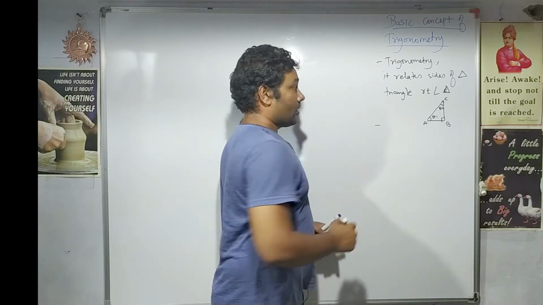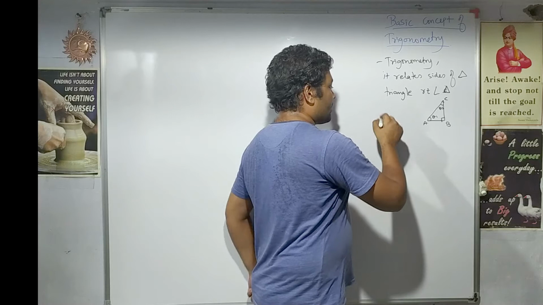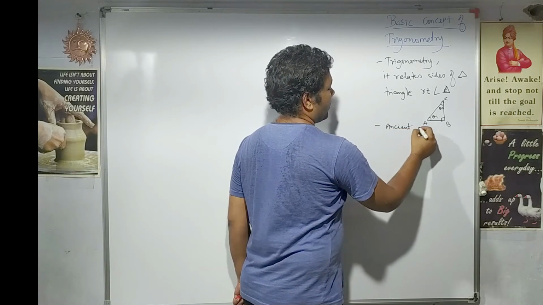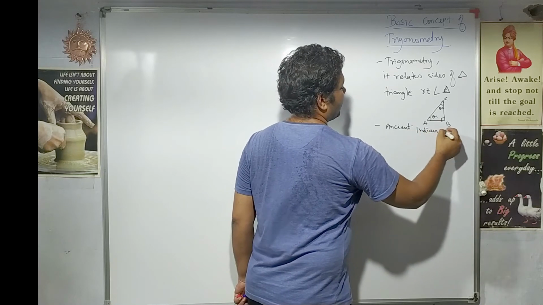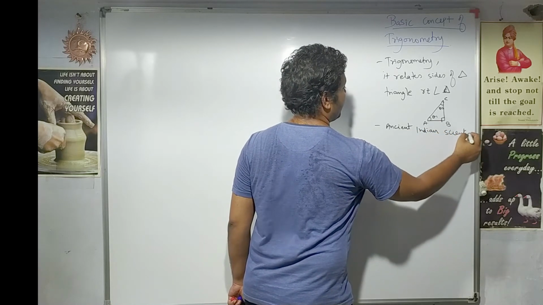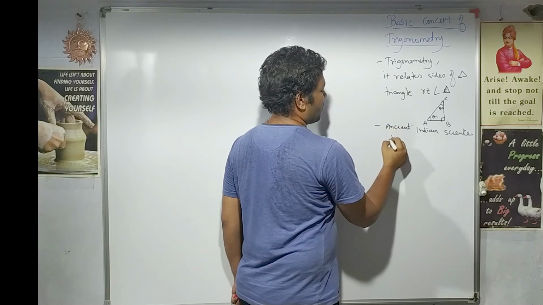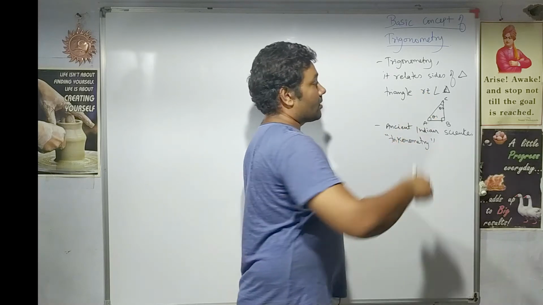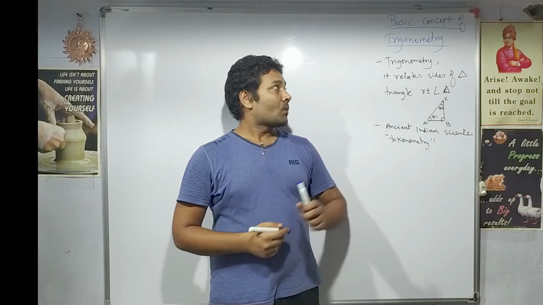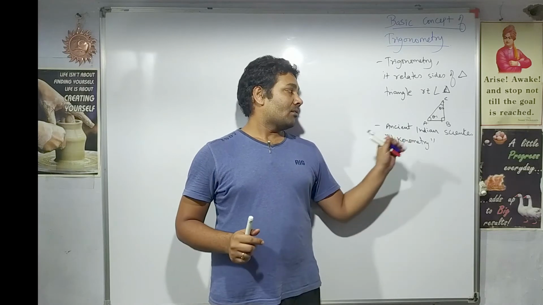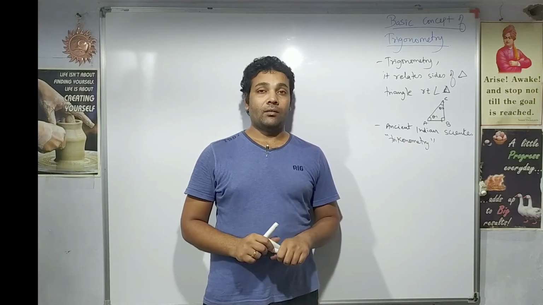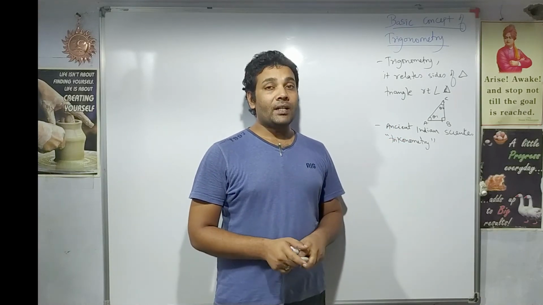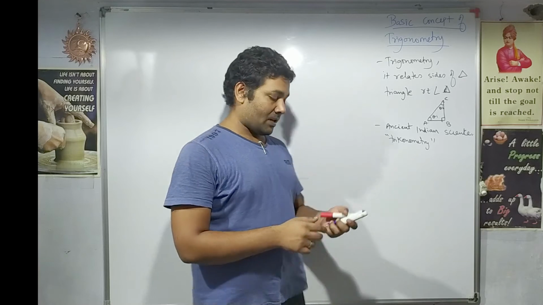Then its discovery or its origin lies in ancient Indian science. In ancient Indian science, this word was called trigonometry. Trigonometry again means relating the sides of a triangle. So ultimately trigonometry means relating the sides of a triangle. Let us see now the basic quantities which are there in trigonometry.